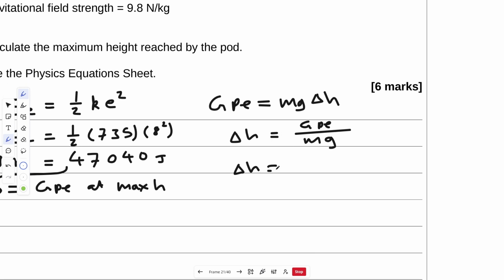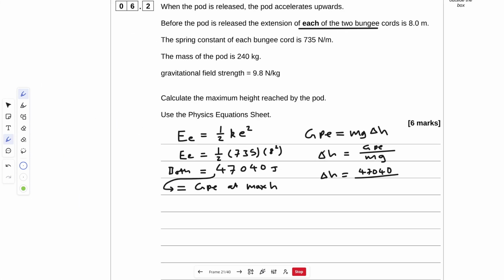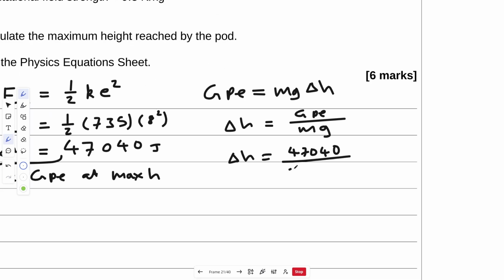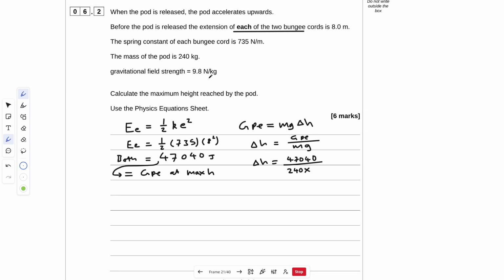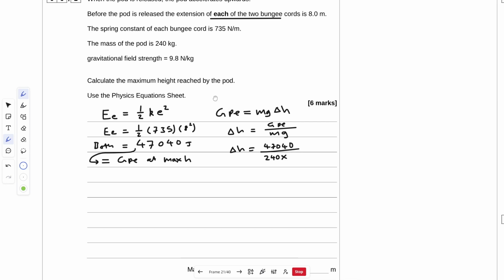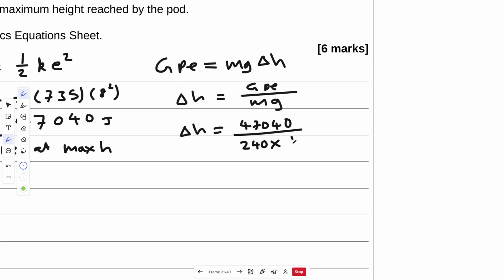Therefore, our change in height will be this 47,040 that we've been given, divided by our mass, which I believe was 240,